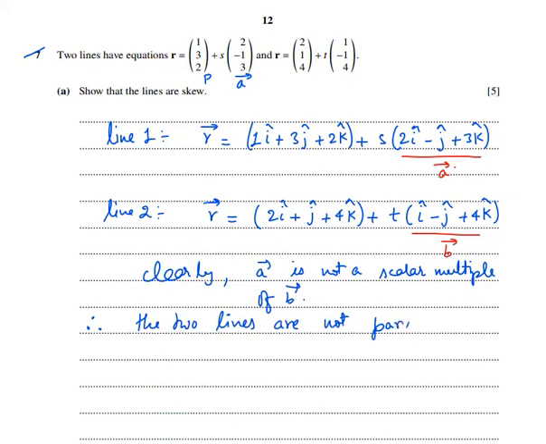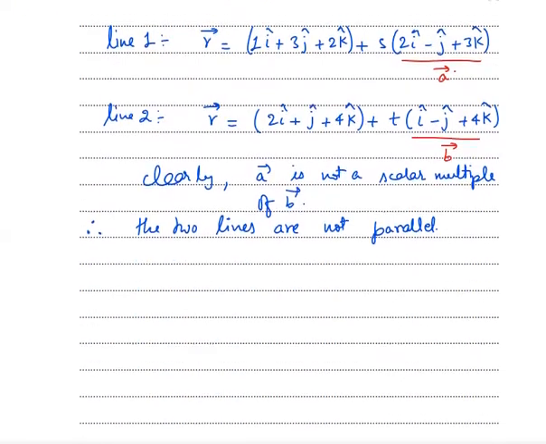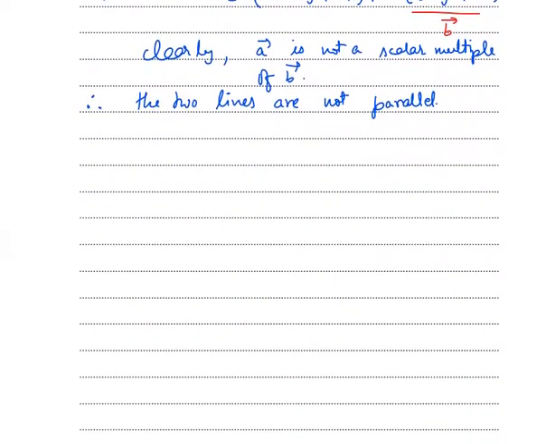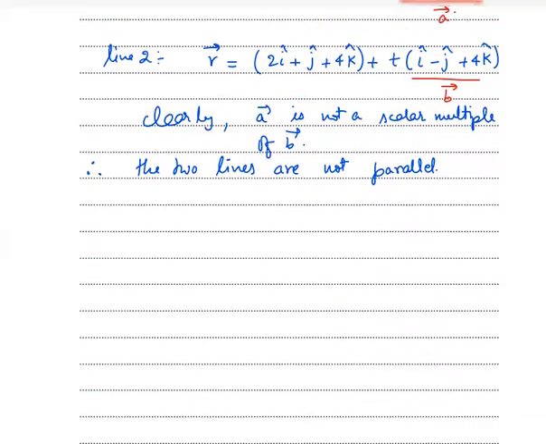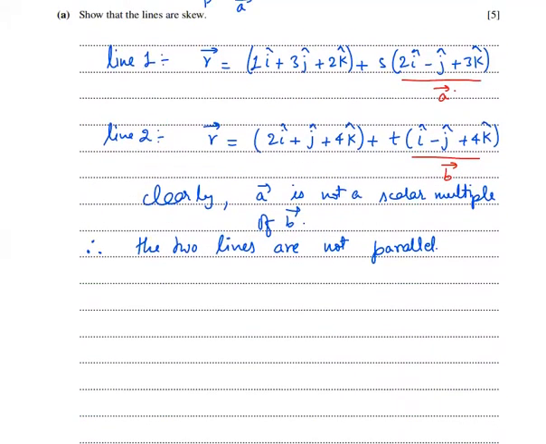Okay, so the two lines are not parallel. So the first condition of any two lines being skew lines is proved. We have to prove the second condition, they should not intersect also. In order to prove that, I have to write the parametric equation for both, right? Second condition is they do not intersect,